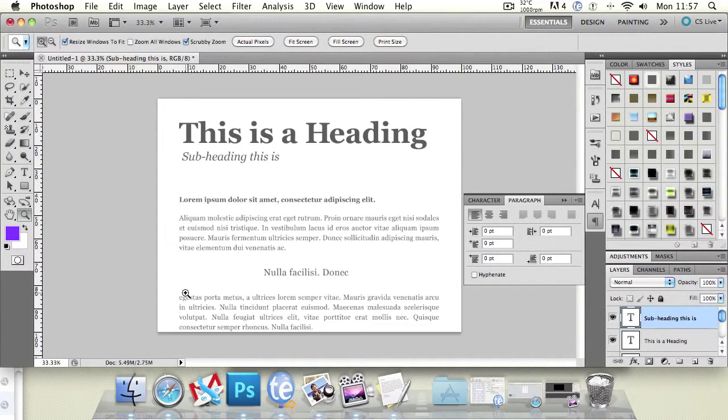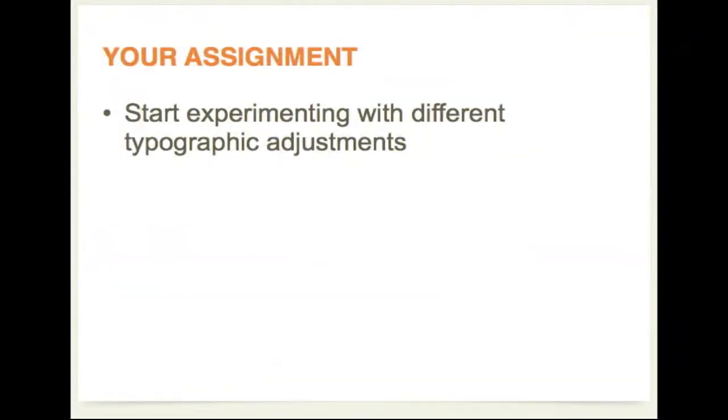You can download grids such as the 960 grid system, and they're just going to help you align your elements, give you some nice pattern and rhythm as you're going through large portions of text, and they do help with things like hierarchy and positioning. So today we have looked at all kinds of typographic adjustments. We've looked at tracking, leading, kerning, alignment, font sizing, hierarchy, and your assignment really is just to start playing around